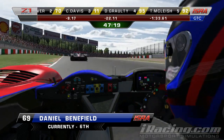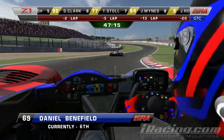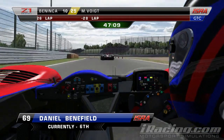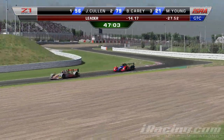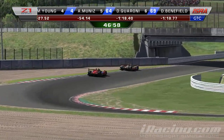Kwoni's still leading Benefield in 5th place. A little bit wide there going out of turn 6, the end of the SS section, but gets a nice run going into the Dunlop curve and maintains his gap between himself and Benefield as they head down towards Degner. Looks like there's a good amount of open track in front of them, so not really...